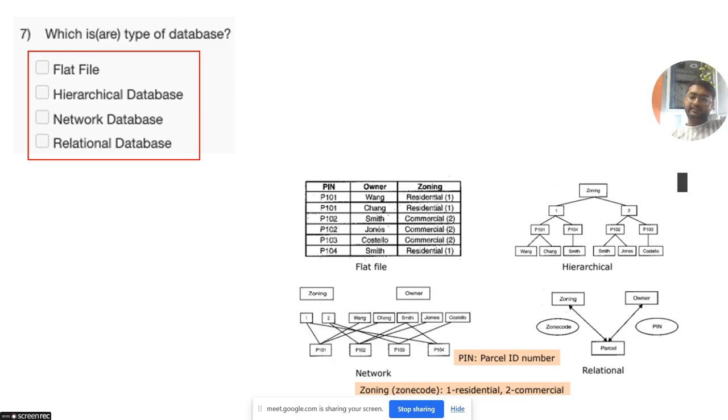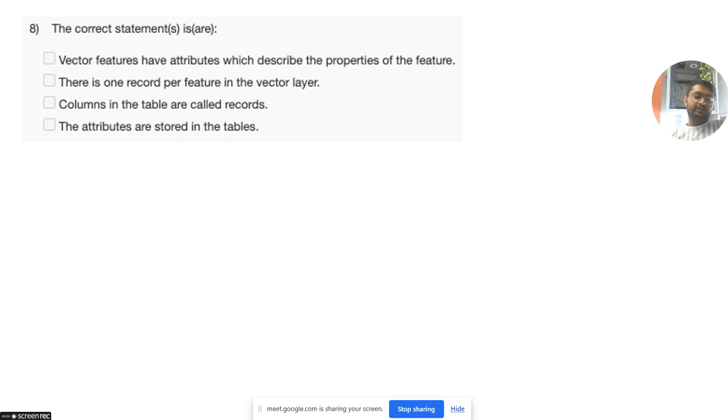So in a relational database, depending on the different relationships, there are one to many, many to many, many to one, or one to one. That kind of relations are there in the database, depending on their unique IDs and the characteristics which they have in common. Then the next question: the correct statement is or are